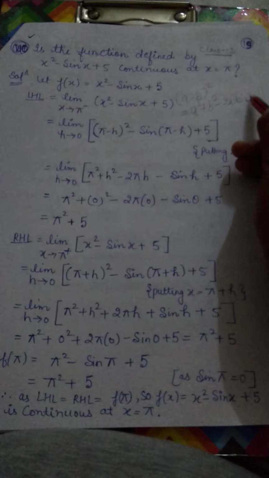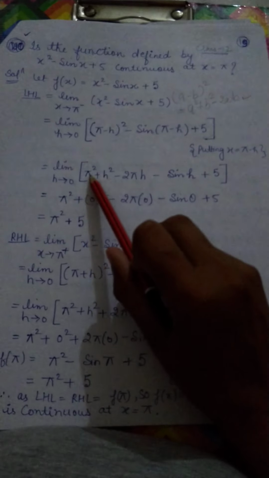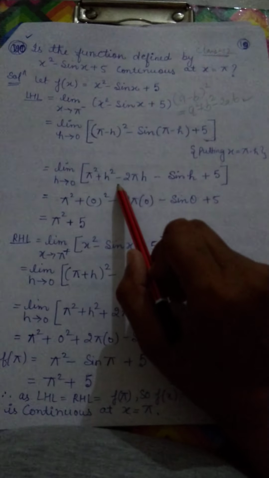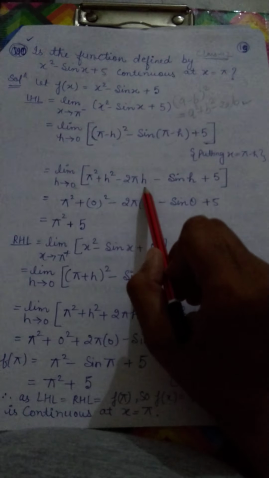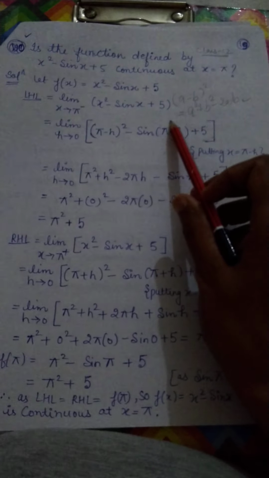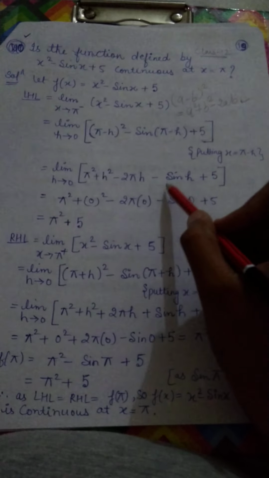Using this identity, I am opening it and I will get pi square plus h square minus 2 pi h, and over here, as you know, sine (pi minus h) will give sin h,